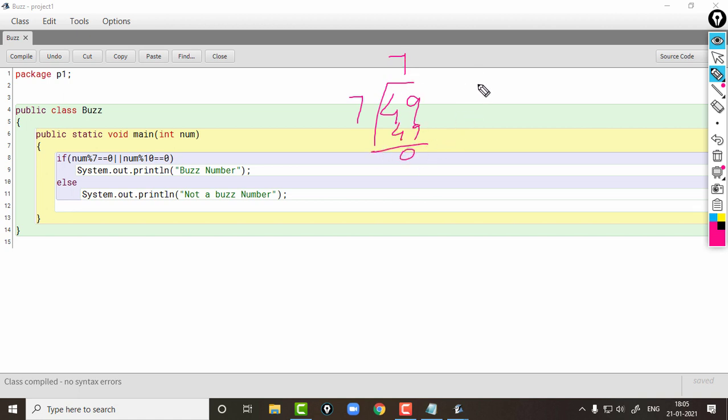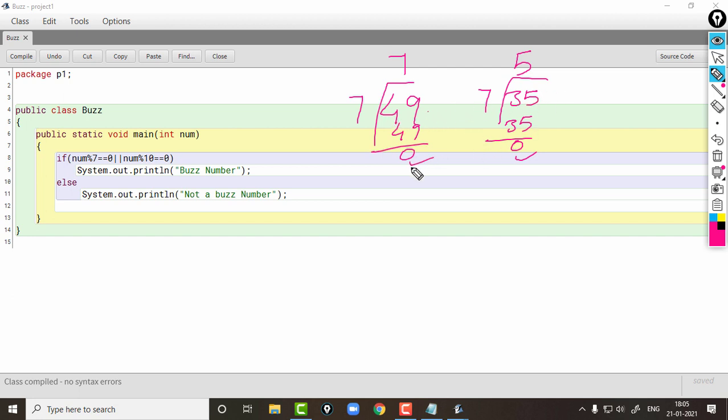Then we will take 35. When we divide it by 7, it will be 5, then 35, 0. So see, the remainder is 0 for 35 and 49. Both 35 and 49 are completely divisible by 7.